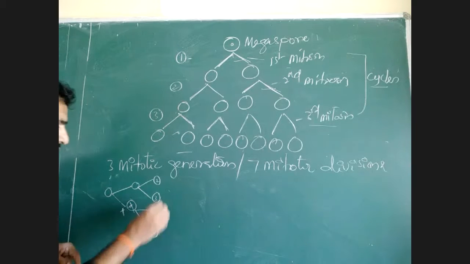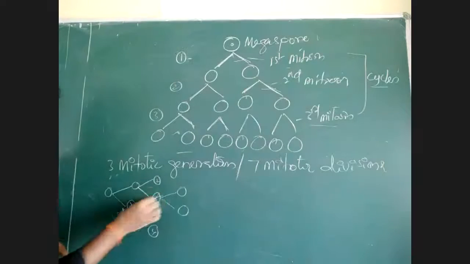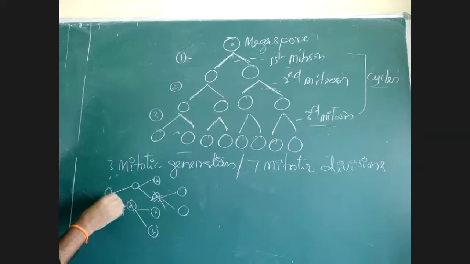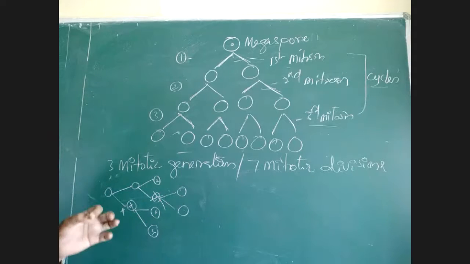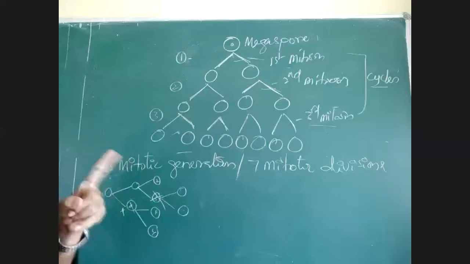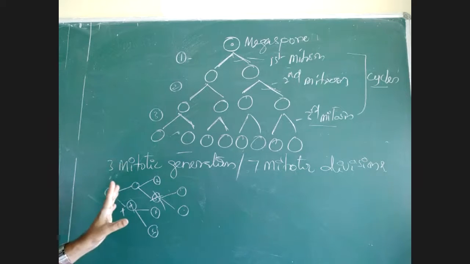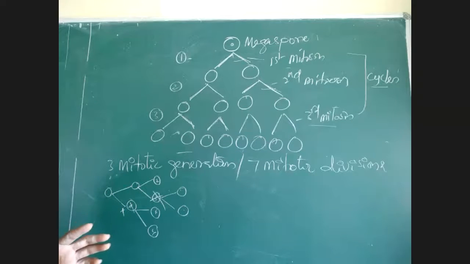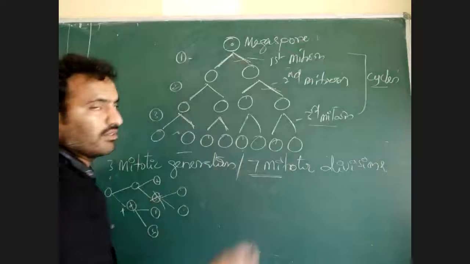Okay. One more division is there means 1 more cell. Now this is not a daughter cell. 1, 2, 3, 4, 5. Number of divisions are 1, 2, 3, 4. Whatever the number of mitotic divisions taking place, there is an increase in the number of cells by one more than the existing cells. Suppose 100 mitotic divisions are taking place means 101 daughter cells will form. To produce 100 cells, 99 mitotic divisions are required. That is the point. According to that, 8 nucleate condition means 7 divisions.